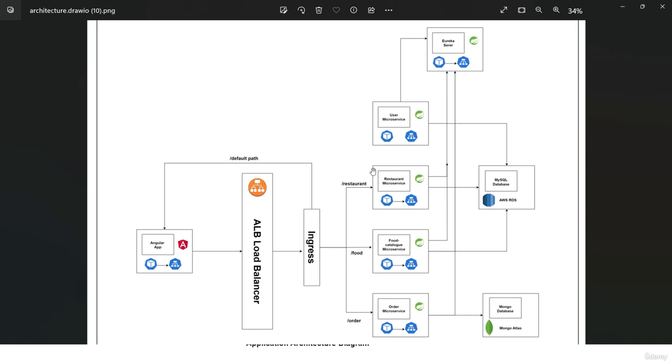So you can see here, this is all a part of our backend application. We have designed 4 dedicated microservices, that is restaurant listing microservice, food catalog microservice, user microservice, and order microservice. These microservices all work in harmony and cater to different aspects of our food delivery application, ensuring efficiency and scalability